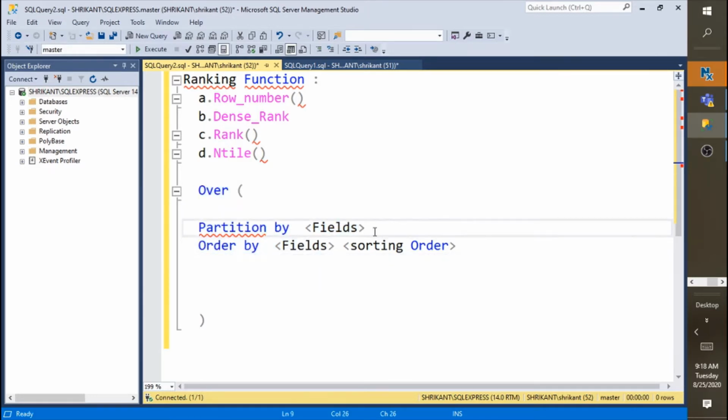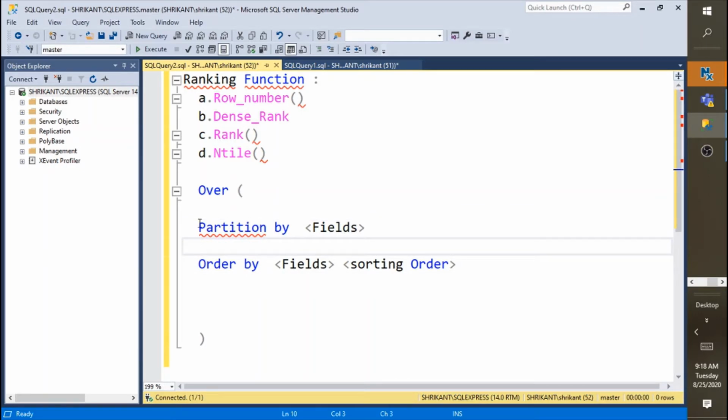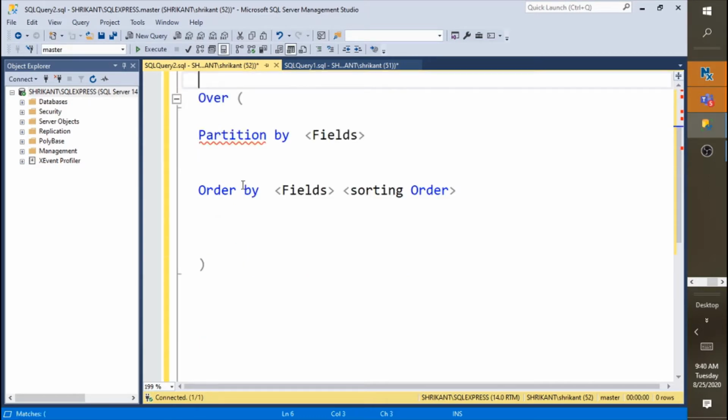Partition by is like a group by, but it applies to the data inside the data set, and order by is applicable for sorting the data inside our data set, not on the overall data.